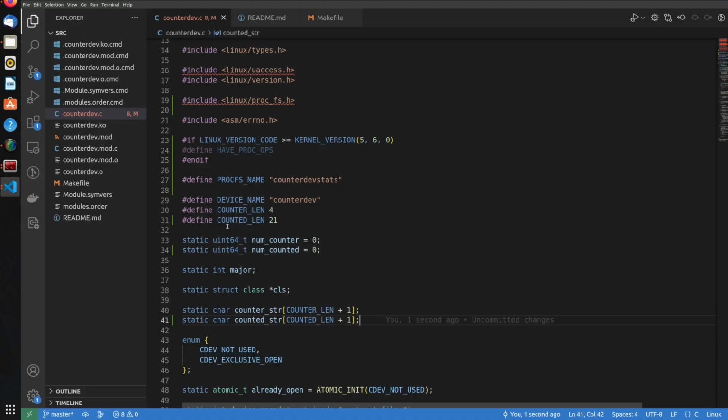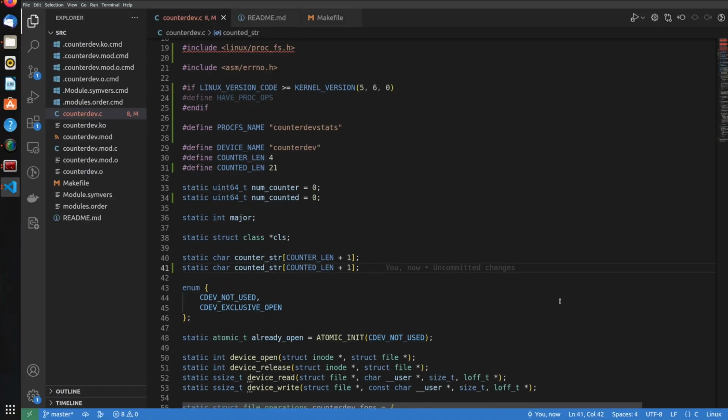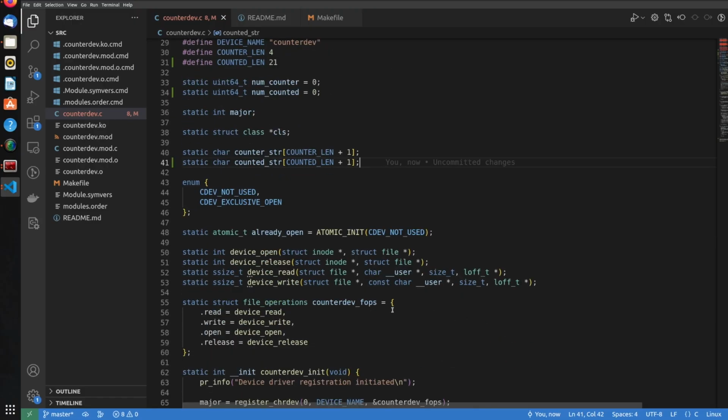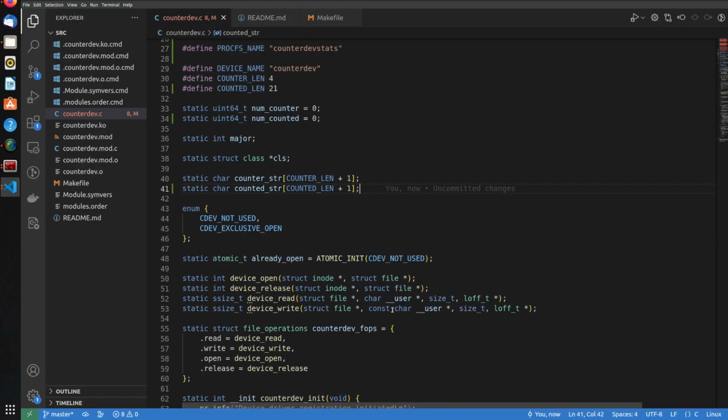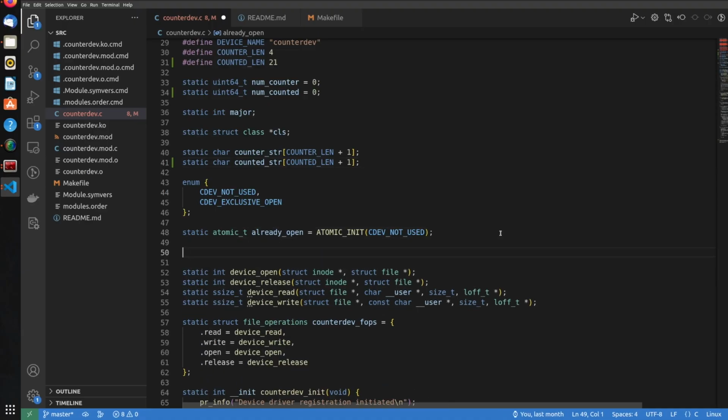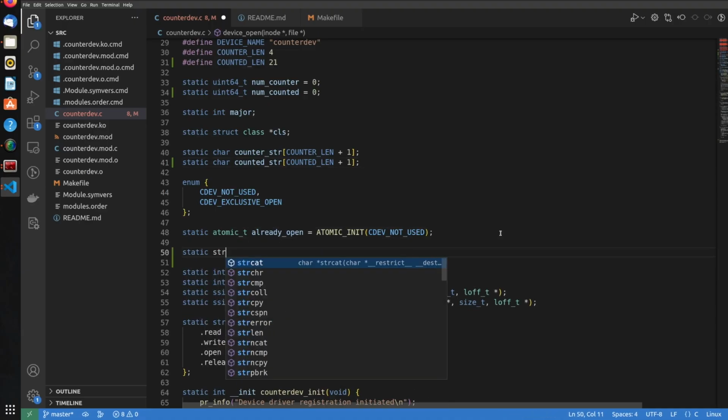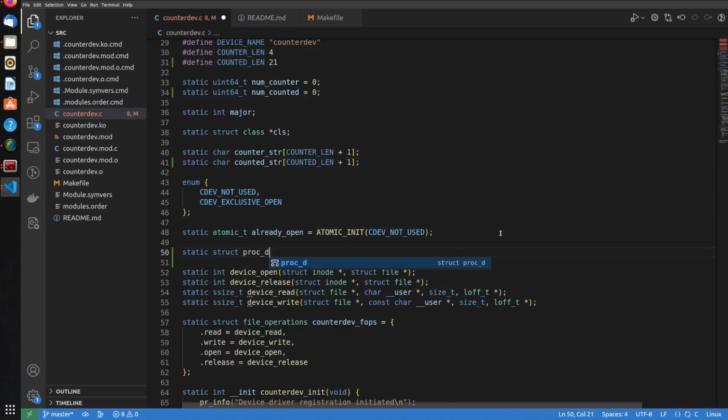Actually, my bad. The actual length of the string will be 21, and the total length with the null byte would be 22, which is counted length plus 1. And we need a variable which will store a reference to the procfs entry or the procfs file that will get created, which will be called struct proc_dir_entry